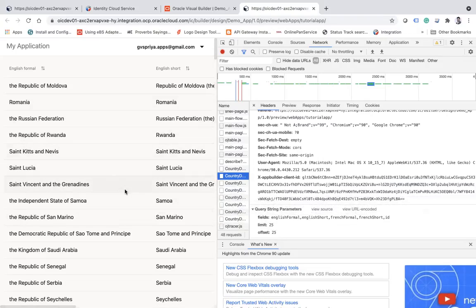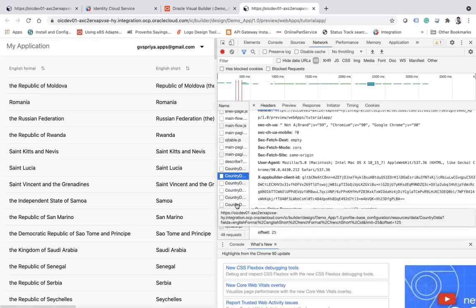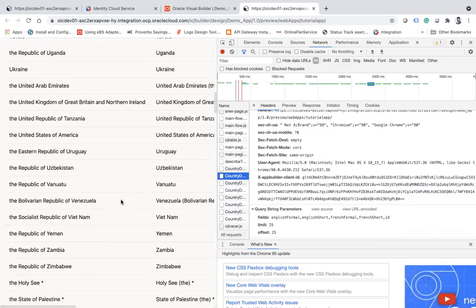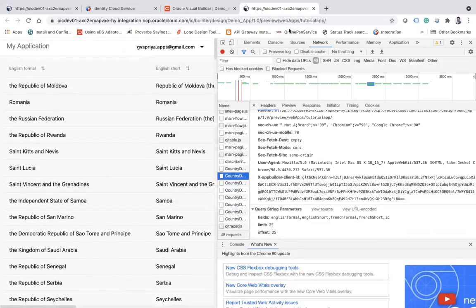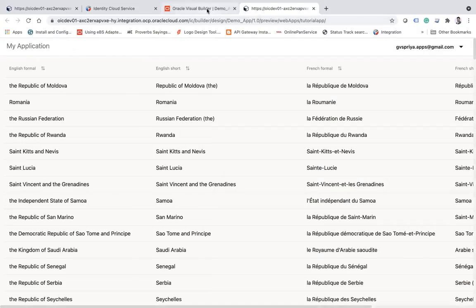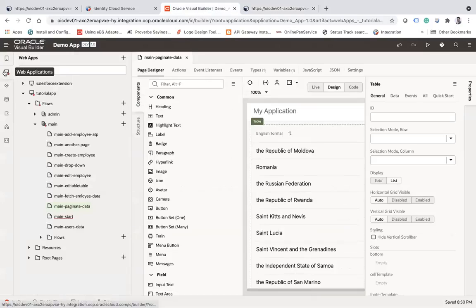It means the API will be called multiple times. If you have thousands of records, and you are trying to load all of these records, it will call APIs multiple times, which can slow down your performance. So for that, you want to paginate your data. So what we have is, if you